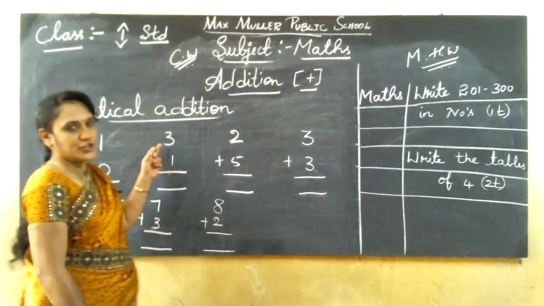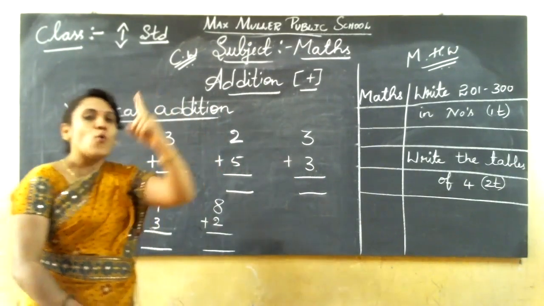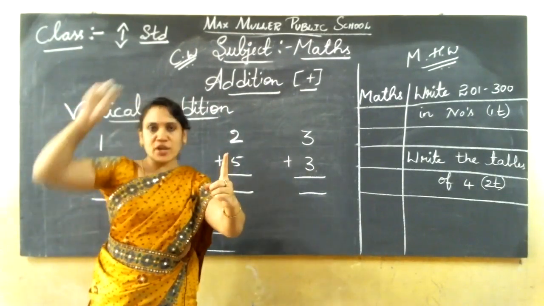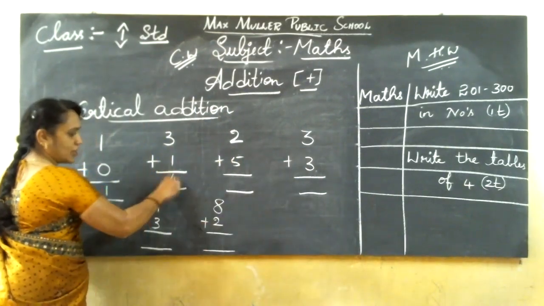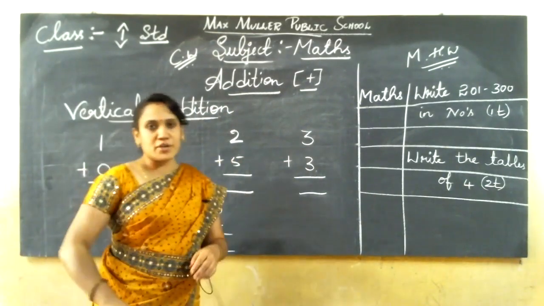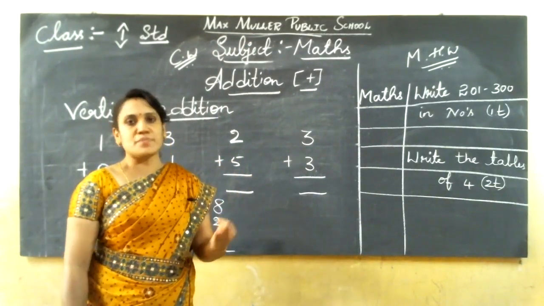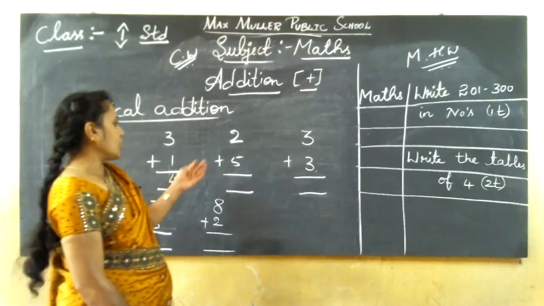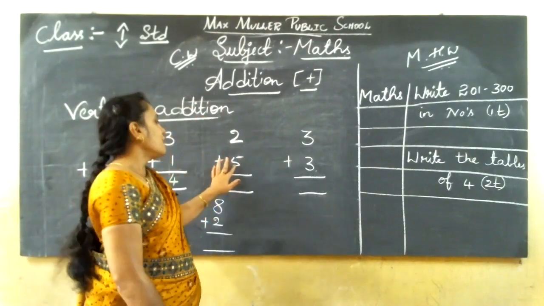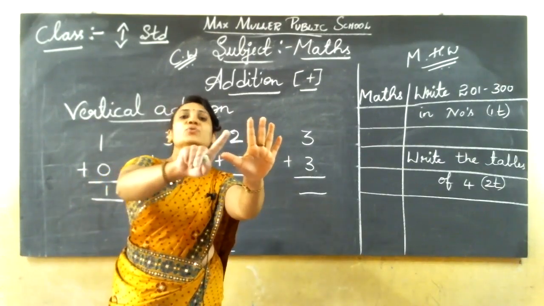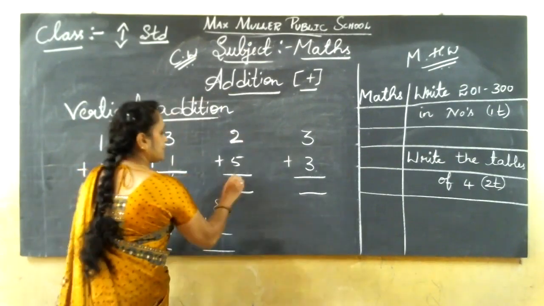How to do addition? The first number, always keep it in the mind. 3 in the mind, 1 in the finger. Which number have you kept in the mind? 3. After 3, 4. That's why I taught you before numbers and after numbers. That is all important to do addition also. Then 2 in the mind, 5 in the finger. After 2, count 3, 4, 5, 6, 7.